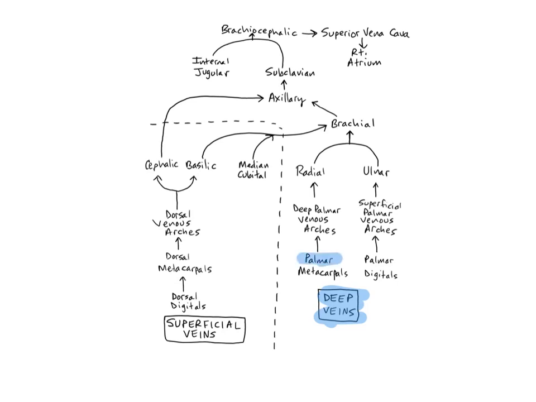The palmar metacarpals drain blood from the palms of the hand into the deep palmar venous arches, which empty into the radial veins. The radials unite with the ulnar veins to form the brachial veins just inferior to the elbow joint. The radials drain the muscles and bones of the lateral hands and forearms and are found running next to